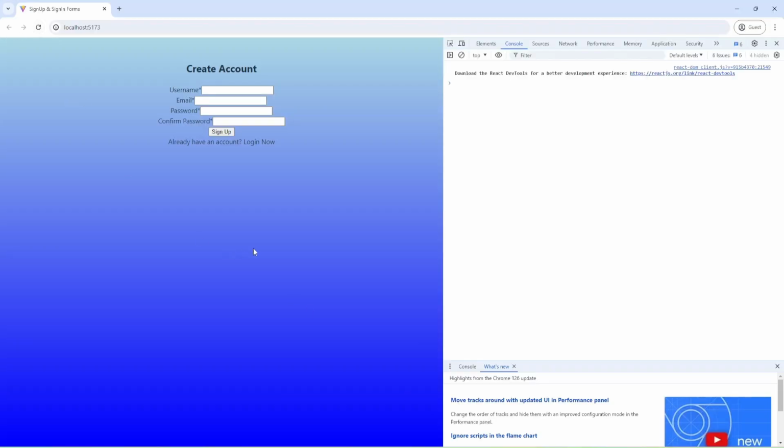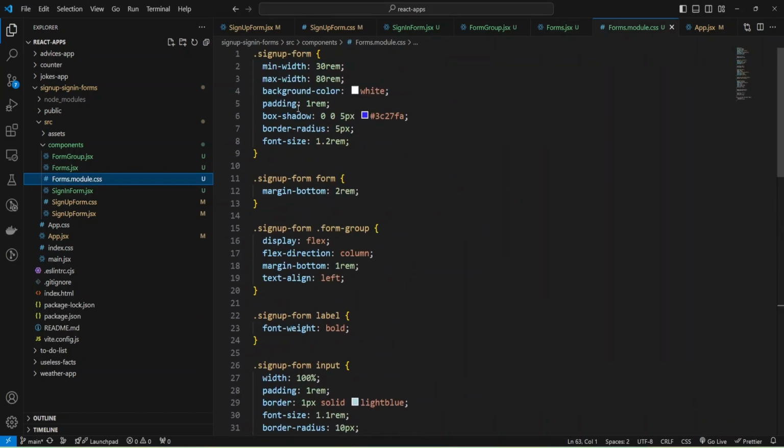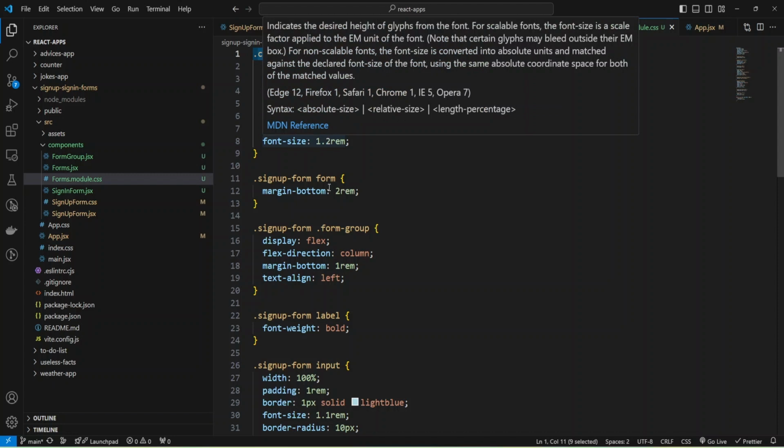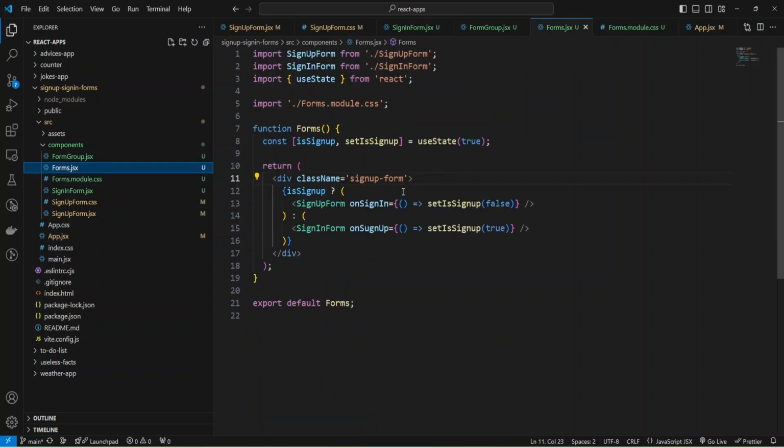And we don't have our styles, because I'm going to change the class name, and instead of sign up, just use container. We now can use this name safely because the styles will be only inside forms, and if I have container in some other part of the application, the styles from that container will not be applied to our forms.